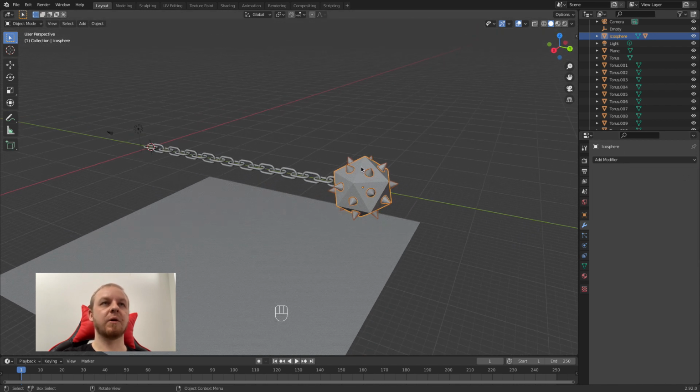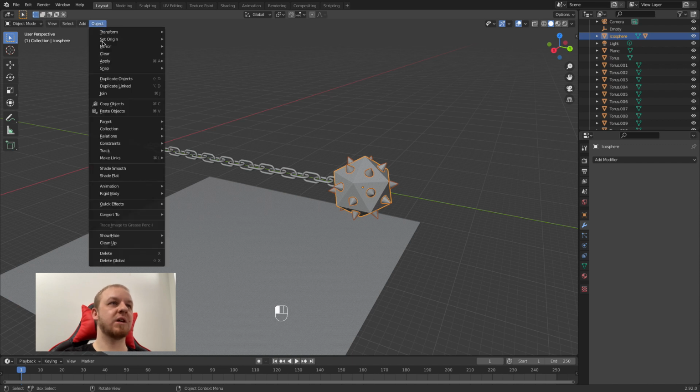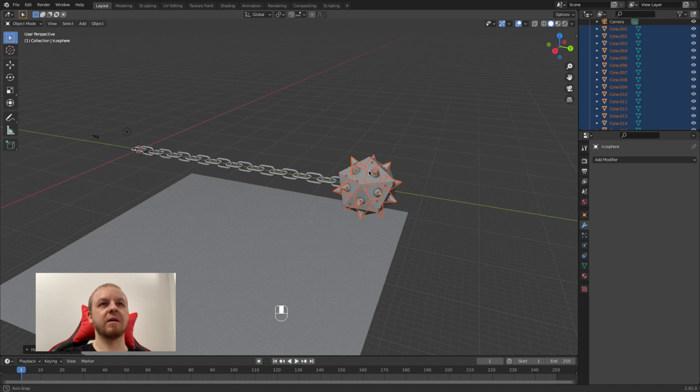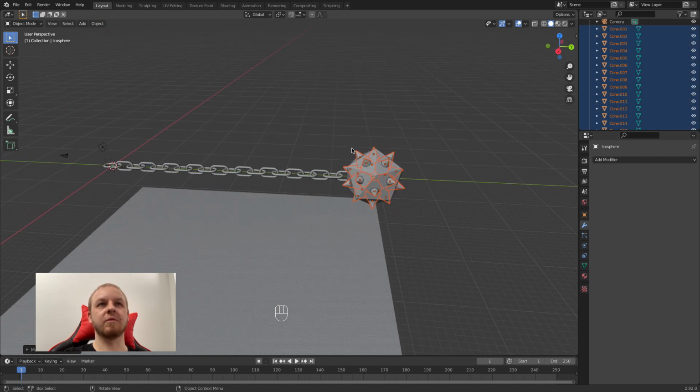First, we will go to object, apply, and hit this make instances real, which will basically make those spikes real objects,